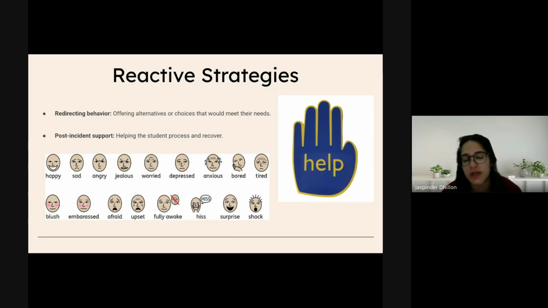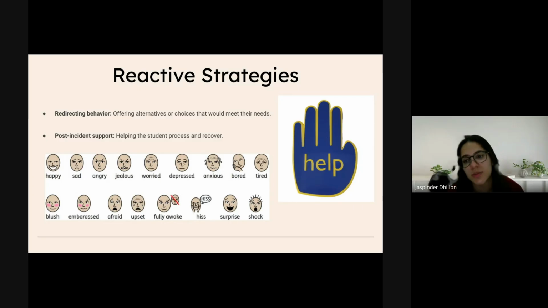So if a student was frustrated because they weren't able to communicate, you could teach them to either use a visual card or to ask for help next time. I've put the visual card of help here. And when redirecting the behaviors, you're offering the child alternatives or choices. For example, if a student is refusing to do a task, you might say, would you like to do this now, or would you like to take a break? So they still have to do the task at the end, but if they need, they could have this break and come back to it at a later